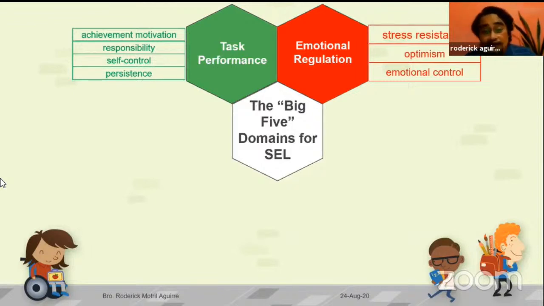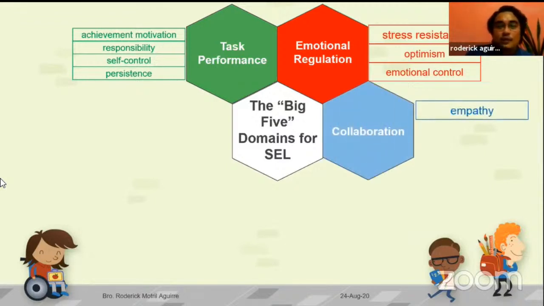So, naging defensive. So we need to teach our kids social emotional development or skills as part of that emotional regulation, that there's a time and place, appropriate time and place to talk about these things. There are places that are not appropriate to talk about a certain topic. Okay? So emotional control ang tawag natin. Right? Another one would be collaboration.